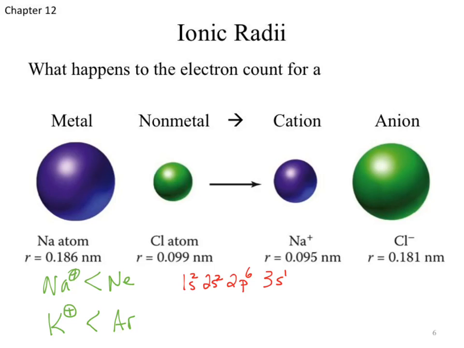What happens to our sodium ion when we make it an ion? What happens to the electron configuration? So this was for our sodium atom. What happens if we become sodium ion? What's our electron configuration? The easy answer would be to start with 1s2, 2s2, 2p6. Do we have a 3s electron? No. So if we look at our electron counts, what contributes to our size?